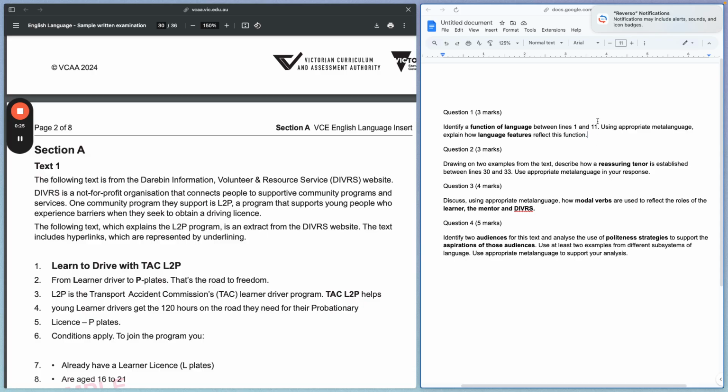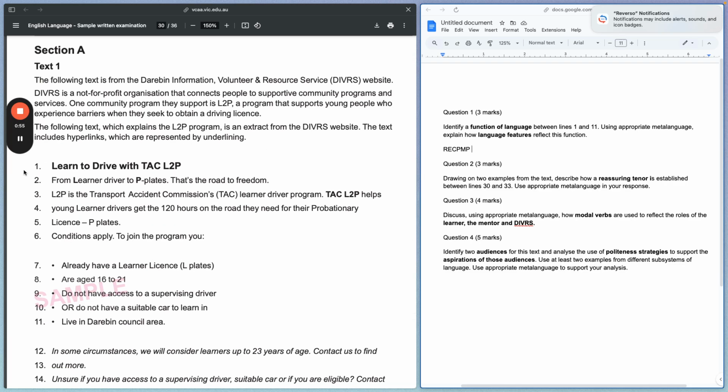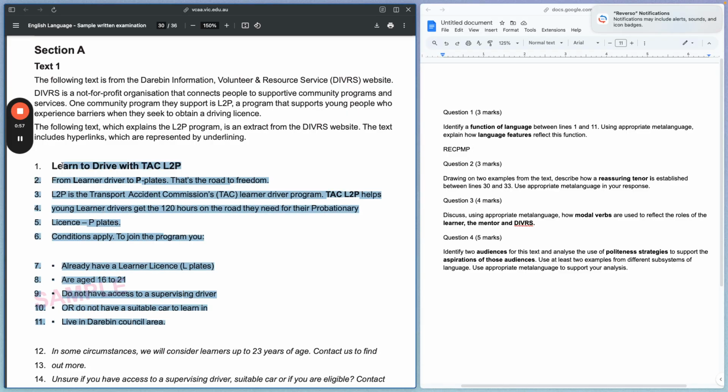If we remember, the functions of language are under REC PMP. Referential is about information; emotive is about showing some form of, as the name suggests, emotion to the other person; conative is where you impel a response or an action or a thought from the other person; poetic has a certain aesthetic quality to language; metalinguistic is when you talk about language itself; and phatic is where the things you talk about are irrelevant beyond the social context you're in. That's the six functions, and we're asked in the question to identify a function of language between lines